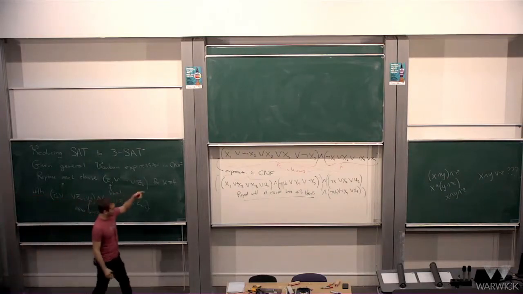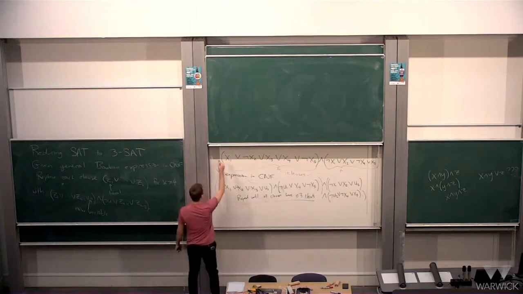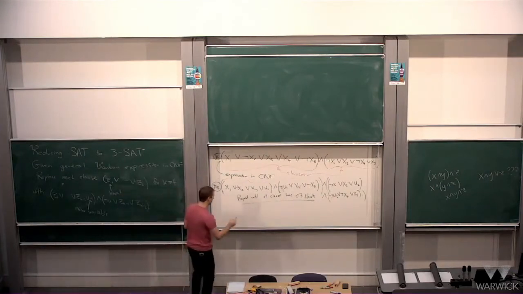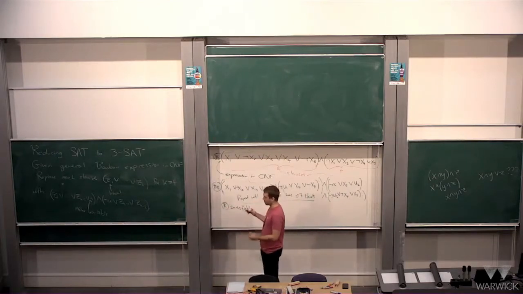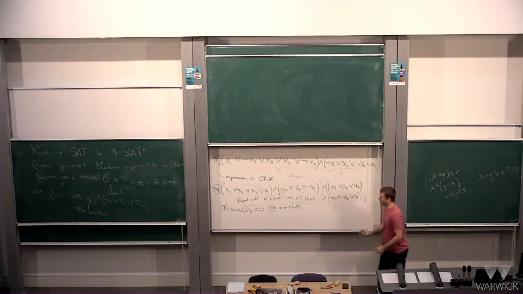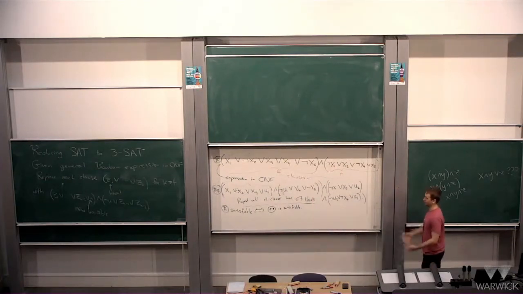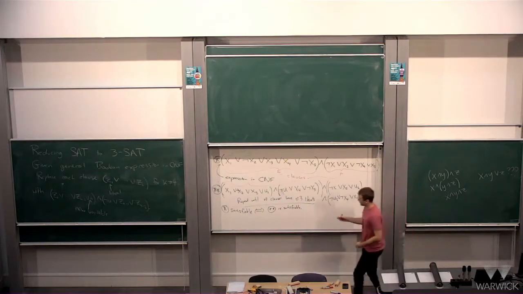Okay, now I need to argue that these things are equivalent. So suppose I call this one star, and I call this one a double star. I want to say that star is satisfiable, satisfiable meaning there's a choice of the variables that outputs 1, if and only if double star is. If you look at one particular example, it's kind of a weird thing to say, but we should be thinking of this in general. Because either this is going to be satisfiable or not. So for this direction,